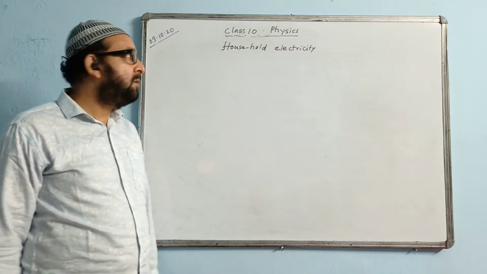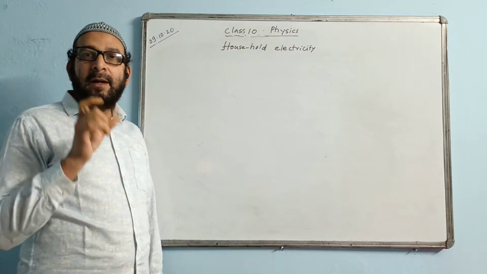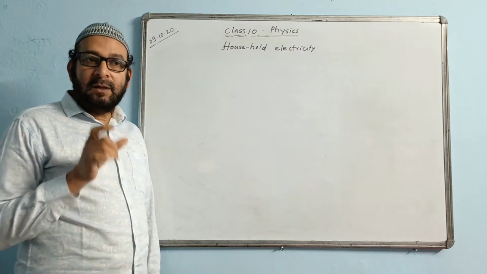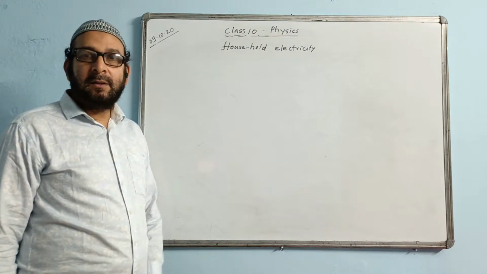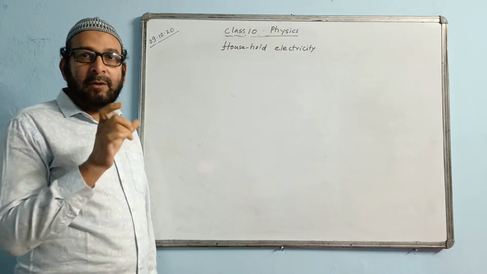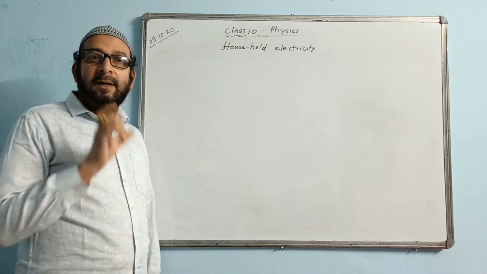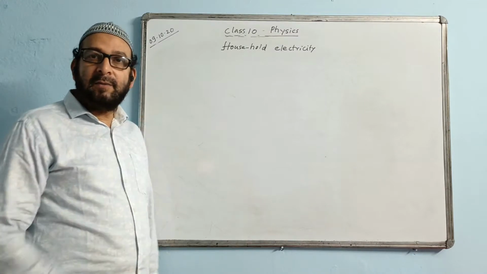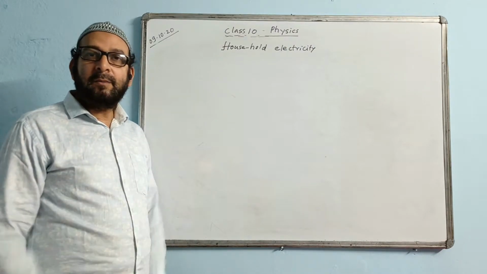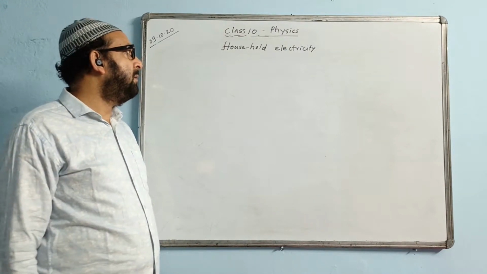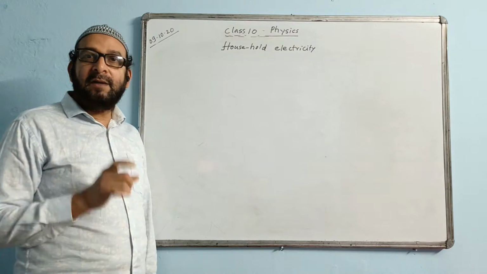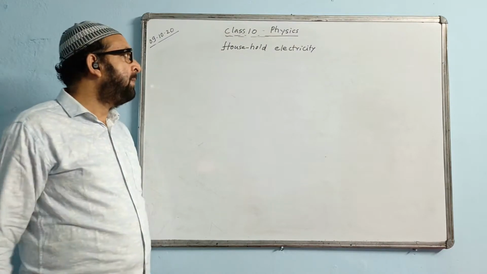What is an electric fuse? We say it is an electric device which limits the current. That means it does not allow the current to exceed a particular value. Because if the current exceeds a particular value, the appliance will get damaged, and it may even cause burning of the wire. So a fuse is a safety device which limits the current.